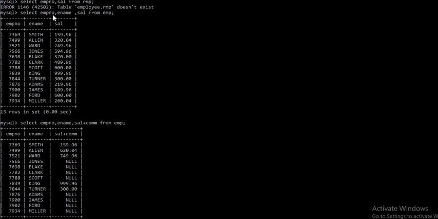So use commas to separate and specify what are the fields you want. So I want the list of employee numbers, names and salaries only. I don't want all the details. I want only the details of employees with employee number. You have to write it as select EMPNO, comma, ename, comma, sal from EMP.